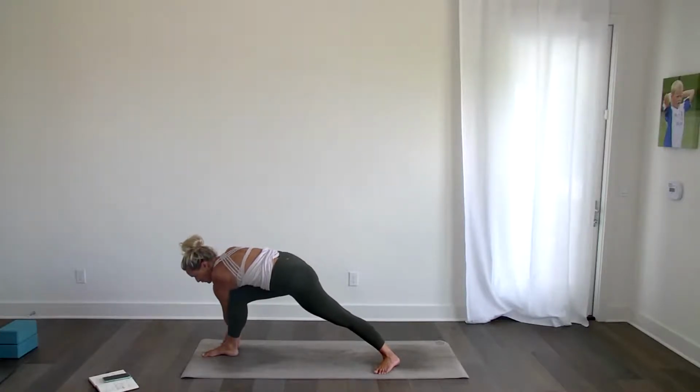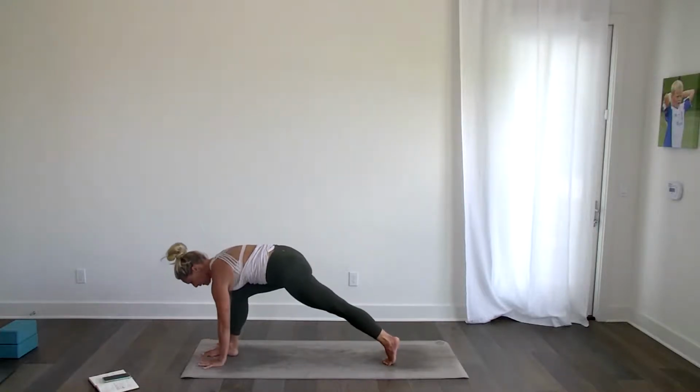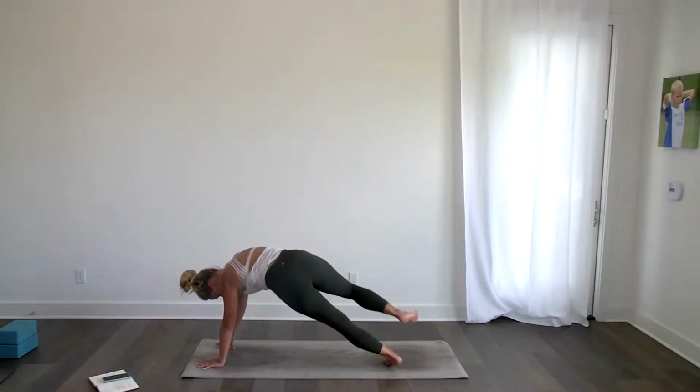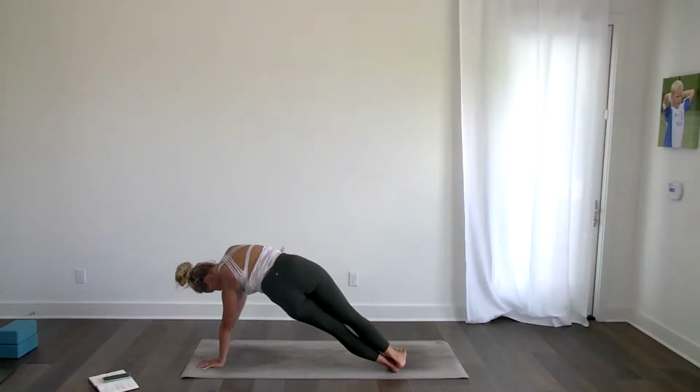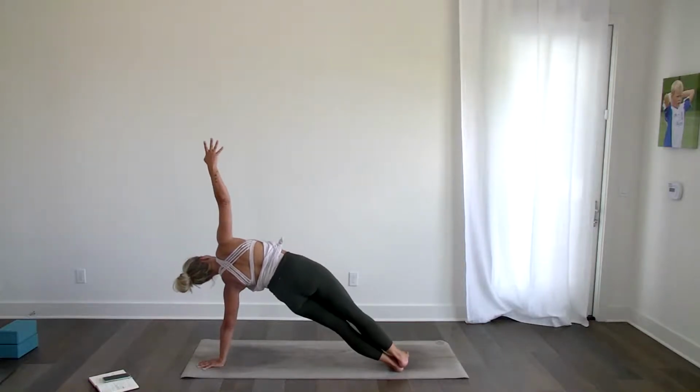Exhale, look down. Right, frame your foot, come up onto the left toe. Right, plant your left hand. Right, and then from here, you're just going to come into side plank, taking right foot on top. Keep lifting through the hip, lift through the shoulder, arm comes up. We breathe 5,